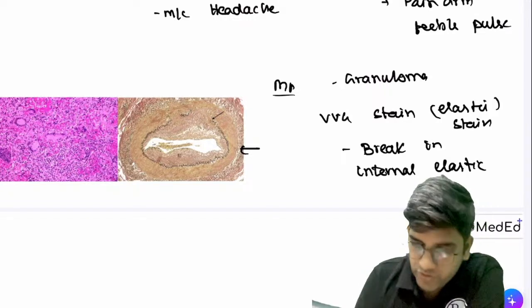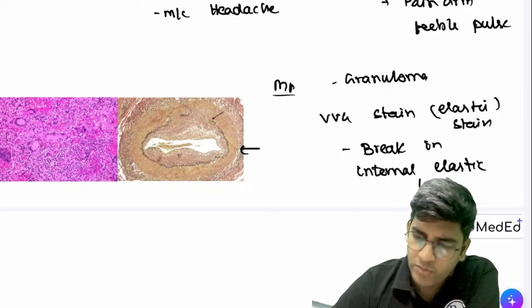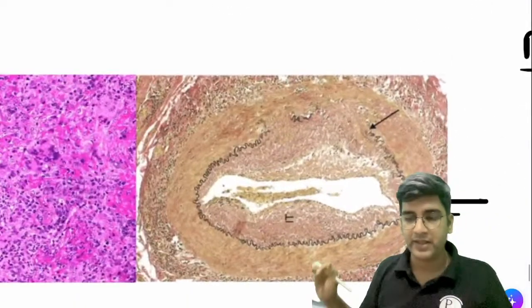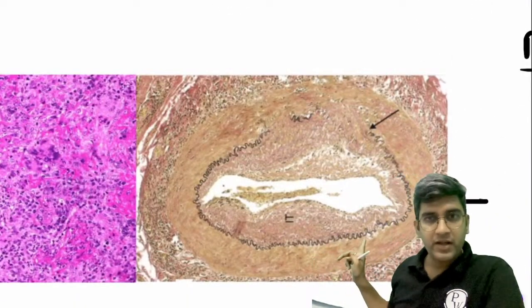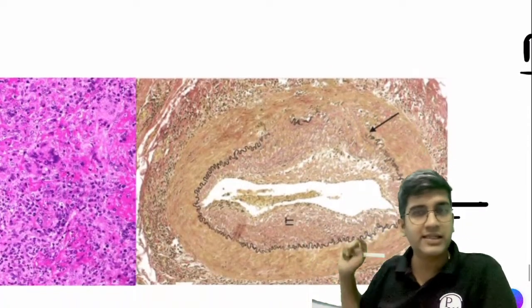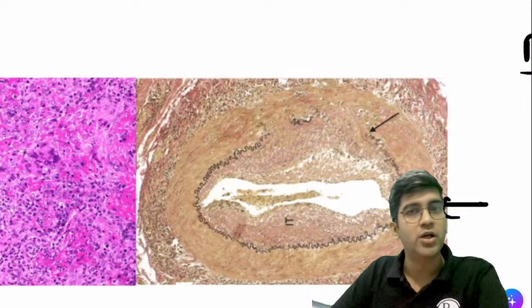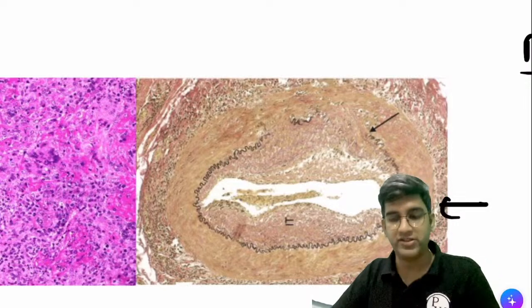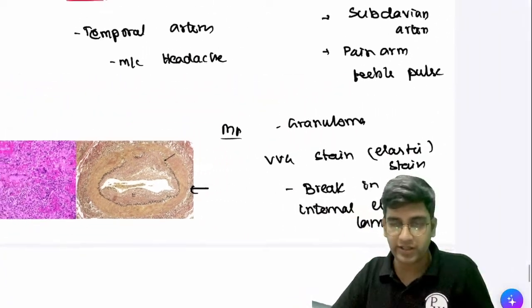I'll zoom this image for us to better see it, right? It's like tunica intima media. It's a lining in the blood vessel, right? I'll just zoom it here. Can you see that there's a break here? It's continuous here, and this part is broken, right? Break in the internal elastic lamina is classical for both temporal arteritis and giant cell arteritis, and your Takayasu arteritis, right?